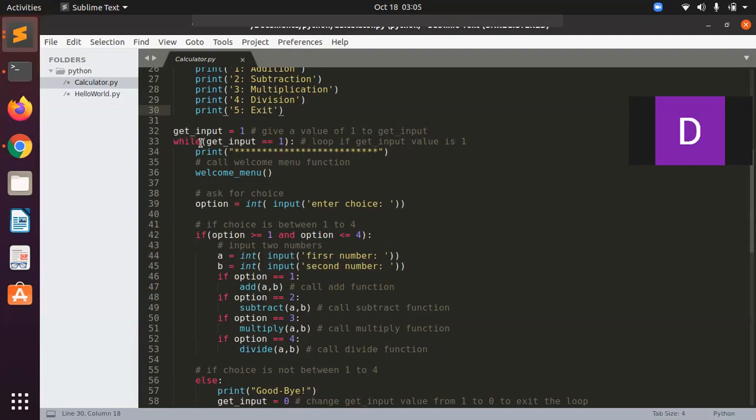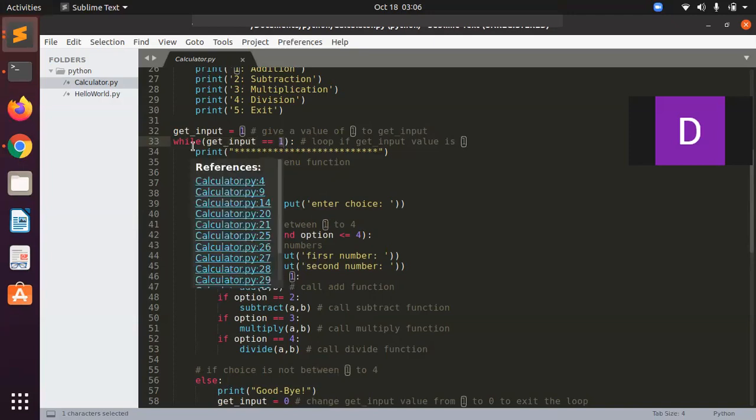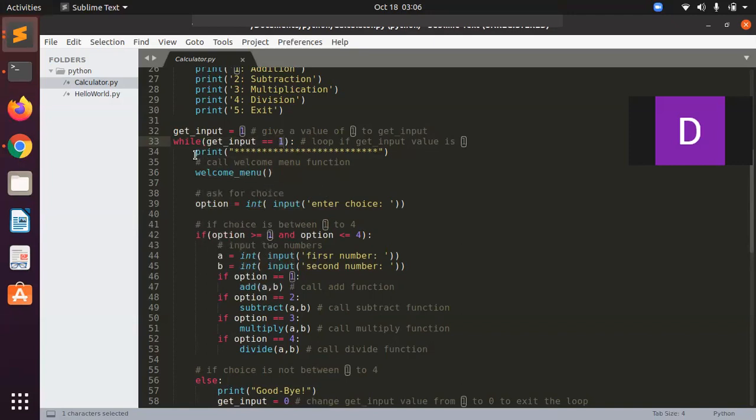like in other languages, we use a while loop. So what the while loop does here is check the condition inside this parenthesis. If the condition inside this parenthesis is true, the loop will continue forever until this condition is satisfied. So the part of the loop is